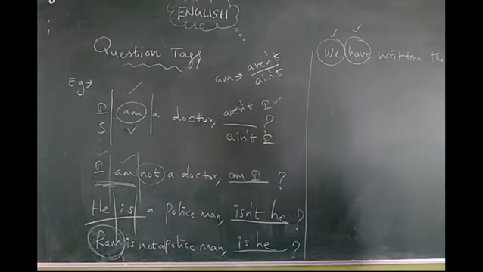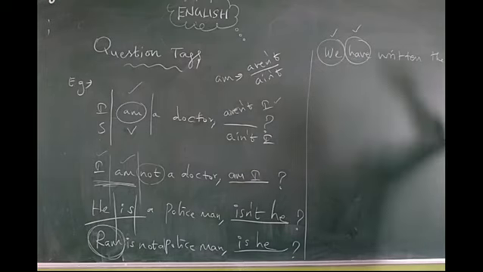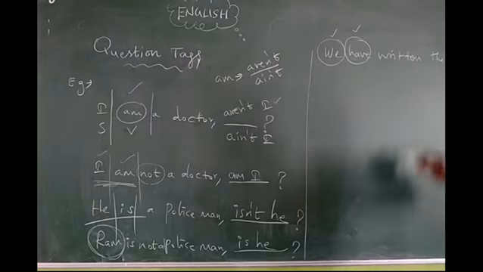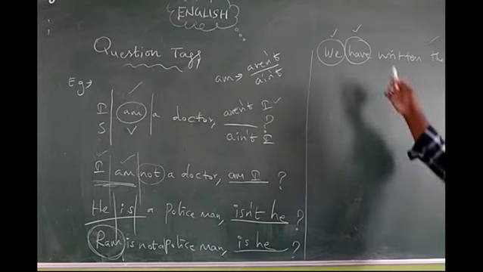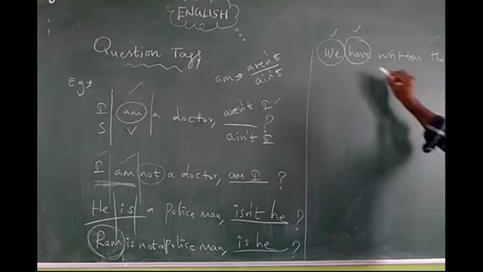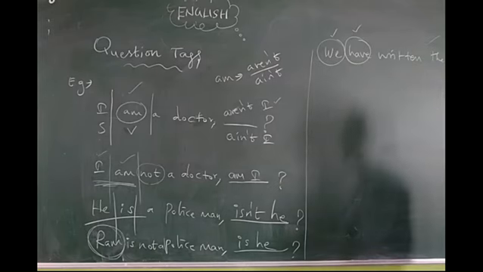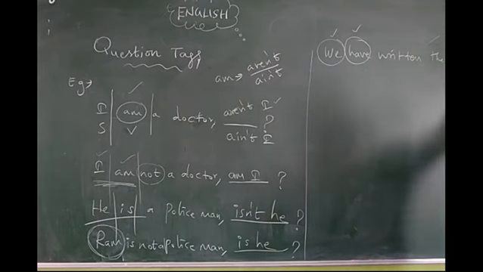The given sentence is positive or negative? Positive, sir. Very good. Then what is the answer? You have to write a negative tag. For example, "have" plus "not": haven't. What is the doer here? We. So the answer is haven't